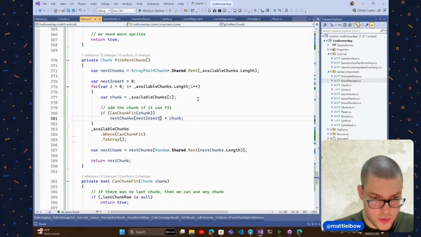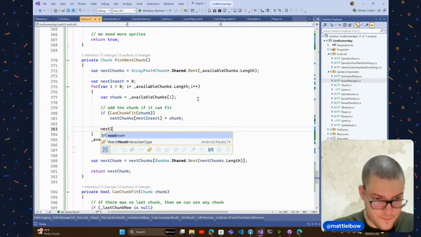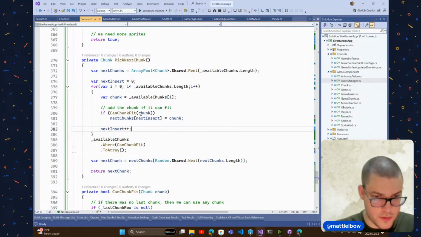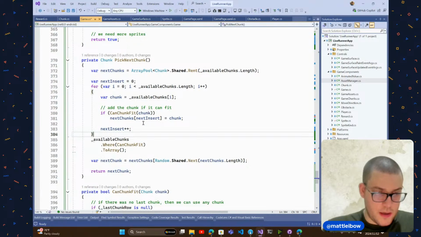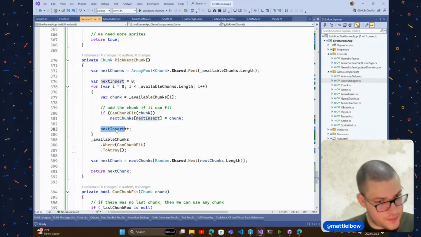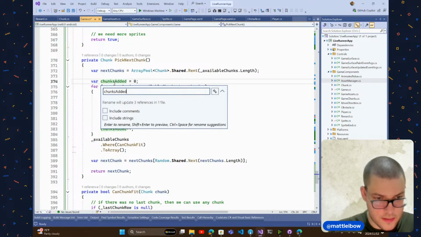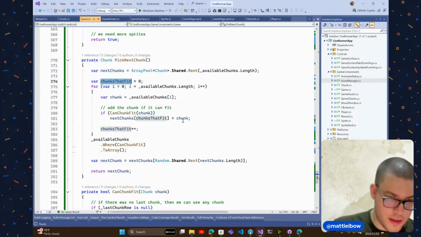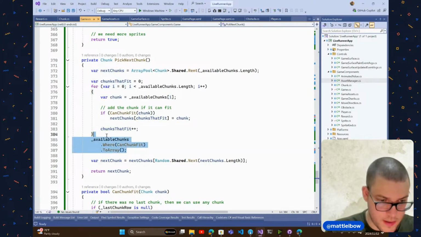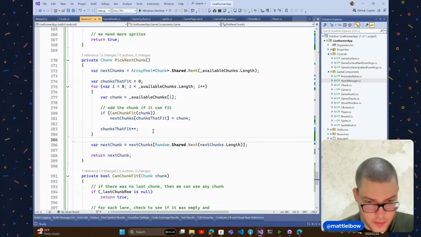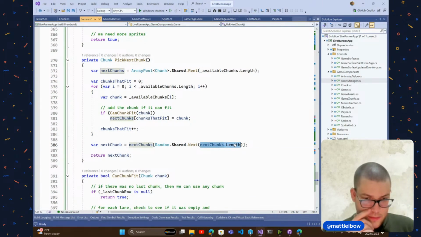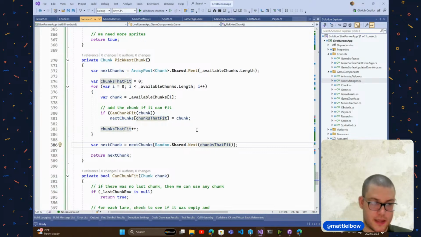Even though this is cool to do, it's going to cause confusion one day when I'm tired. Okay, so this will be the chunks added, chunks that fit. Chunks that fit is 0, right? Put it in there. Then we can do this, it's definitely over-cool, chunks that fit, right? And then the next chunks. There we go. And of course, we need to do